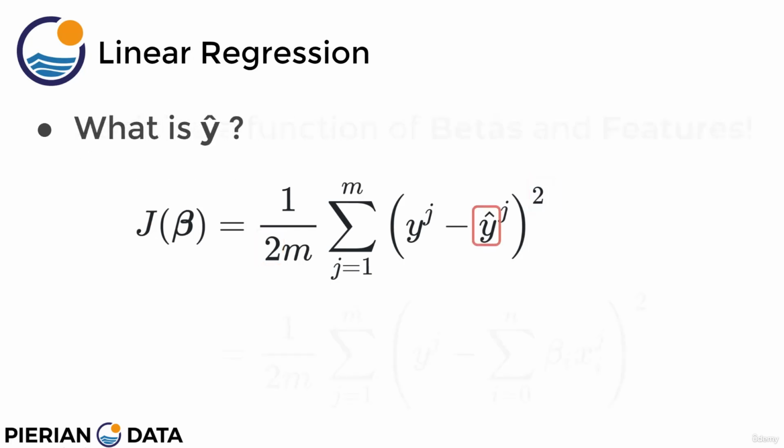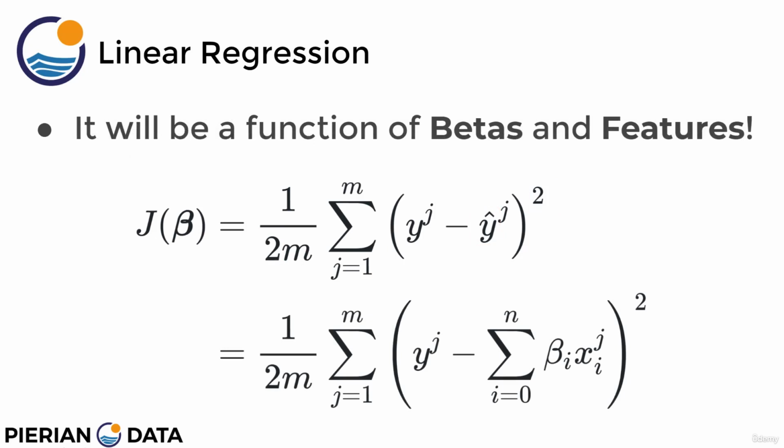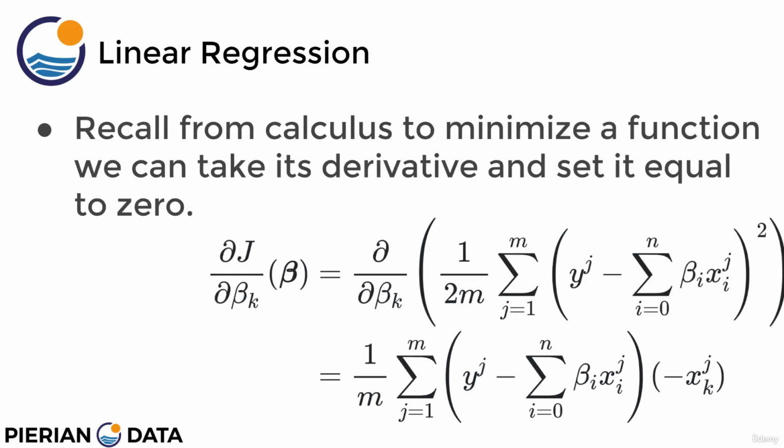And again, what is y hat? Y hat is a function of betas and features. That was the very first formula we showed in this presentation. So I can substitute in what I know y hat, or our prediction, is going to be equal to. Our prediction is going to be equal to that beta coefficient multiplied by that feature value. And then recall from calculus, to minimize a function, you take its derivative and set it equal to 0. So here we had our cost function J of some beta values, and we're taking the derivative with respect to those beta values. And notice now that when you take the derivative, these 2's end up canceling out to give us the value